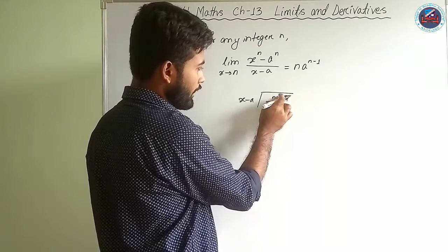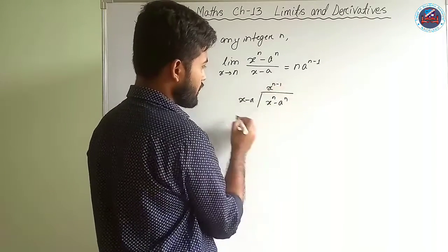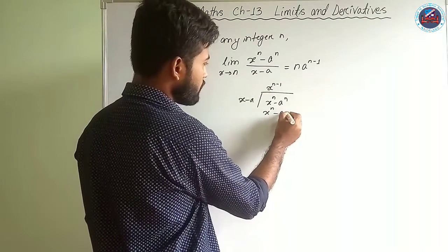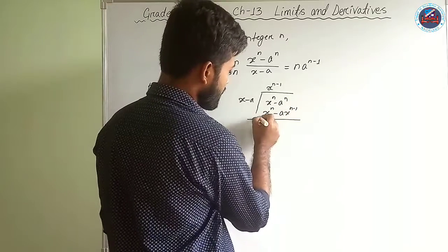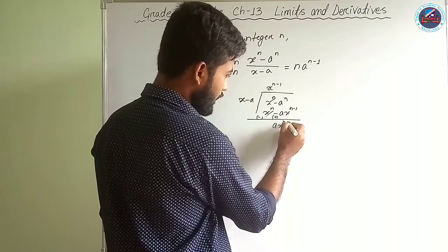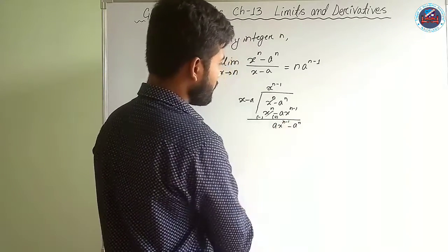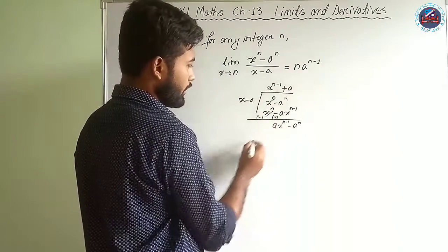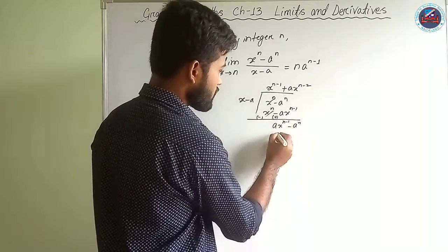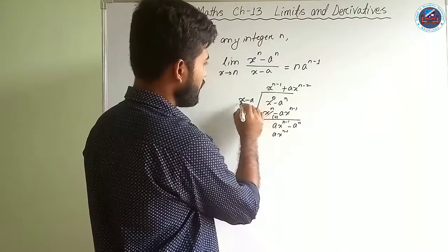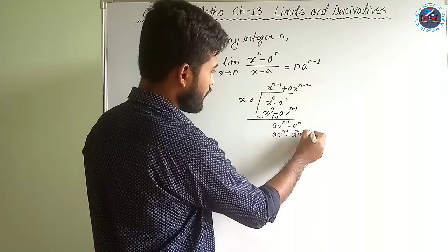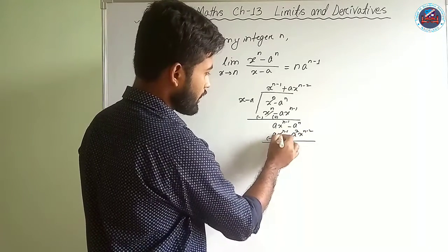You see here we have the degree n, so we need to write x to the power n minus 1. So it will equate to x to the power n, and minus we shall have a into x to the power n minus 1. So in the next line this will get cancelled and this will be positive, so we shall have a x to the power n minus 1 minus a to the power n. Next, what to write? Into a along with x to the power n minus 2, so that the first term becomes same. So we shall have a x to the power n minus 1 and multiply the negative sign, so it will be a square x to the power n minus 2. Fine. So given a positive and negative, these two will get cancelled.